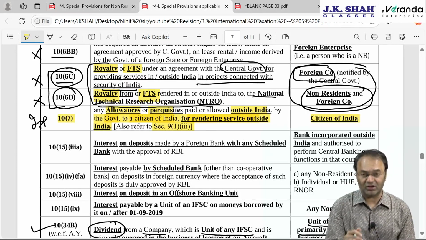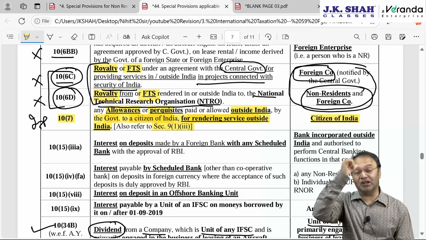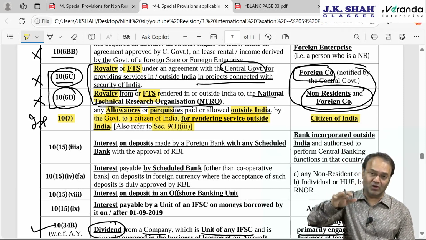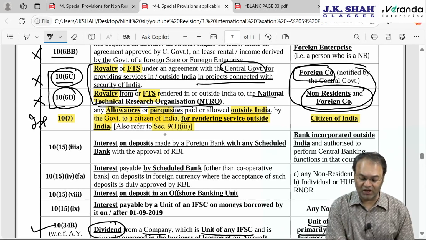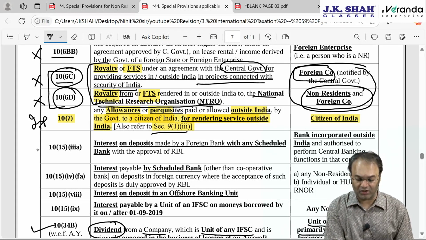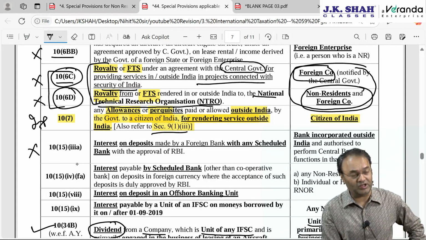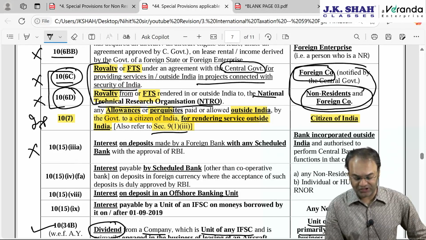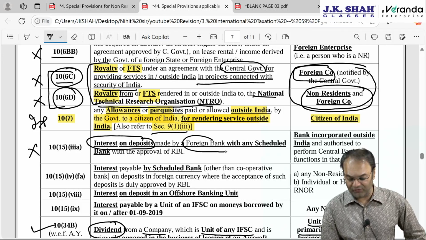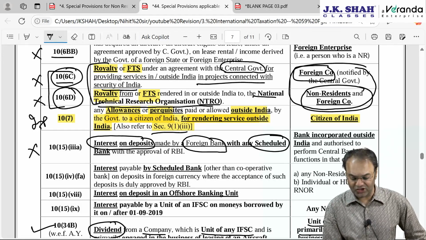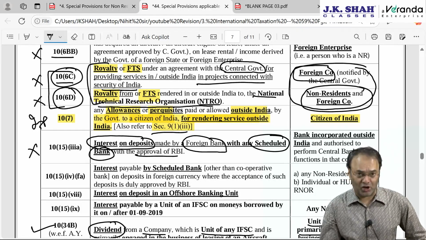10.7 is slightly important. We had discussed 10.7 even in 911 or 913 also. While discussing 913, we discussed this section, and here we are giving a reference to 913, slightly important. 10.15 clause 2, 3a is unimportant. It says interest on deposits, FD interest received by a foreign bank from any scheduled bank, received by a foreign bank by putting an FD with any scheduled bank on deposits which are approved by RBI,